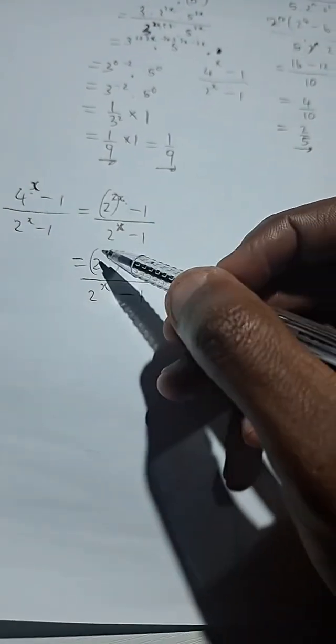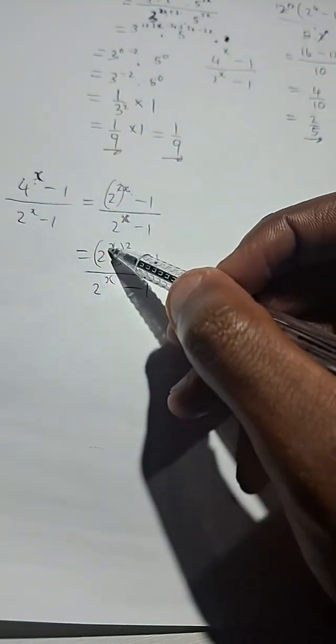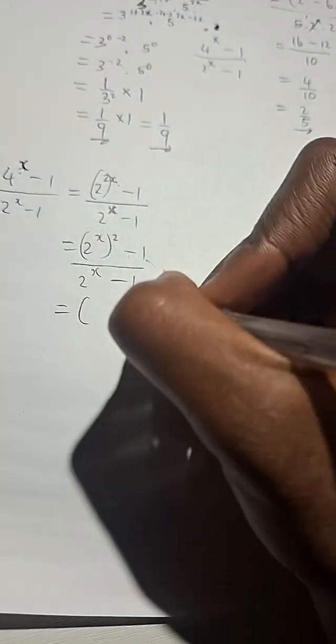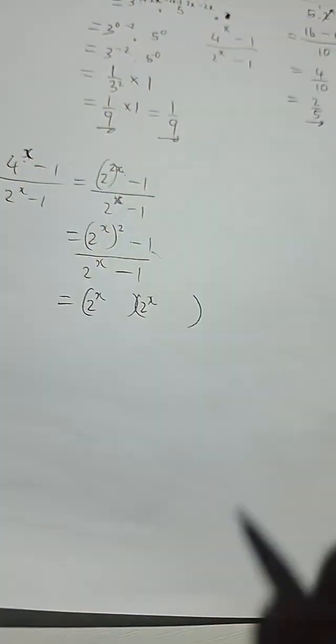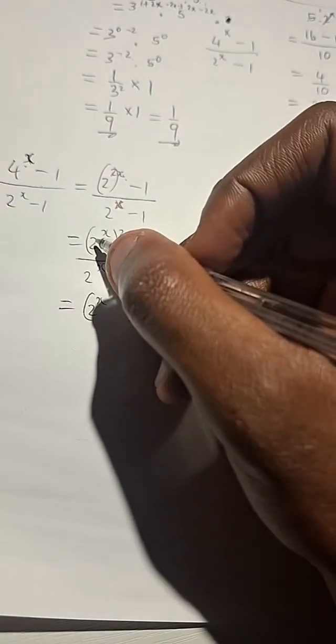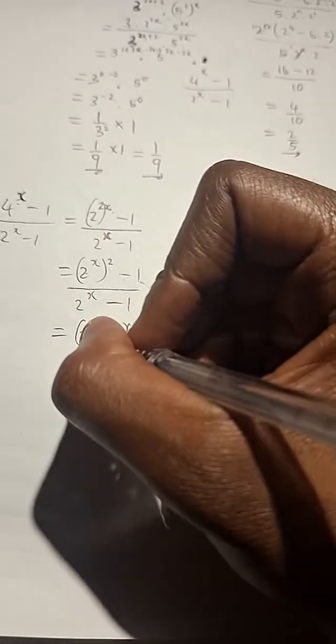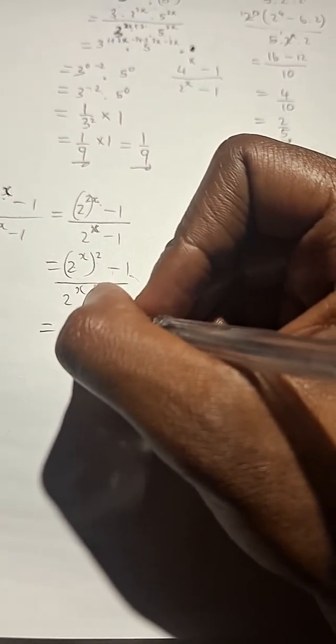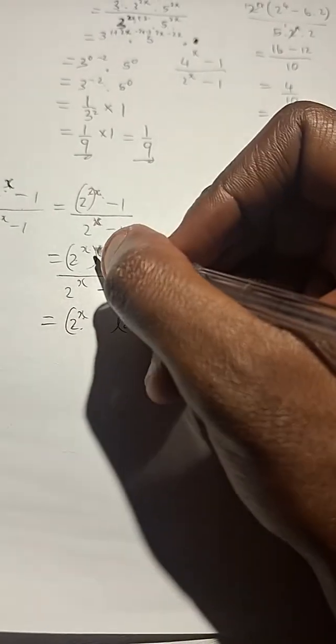This is a difference of 2 perfect squares. 2 to the power x all squared is a perfect square. 1 is a perfect square. So what I can do is I can open 2 brackets there at the top. 2 to the power x, 2 of them. That is the square root of 2 to the power x squared. It's 2 to the power x times 2 to the power x. And it works out because if the bases are the same, we multiply the bases. Then what happens to the exponents? We add them. So that 2 to the power